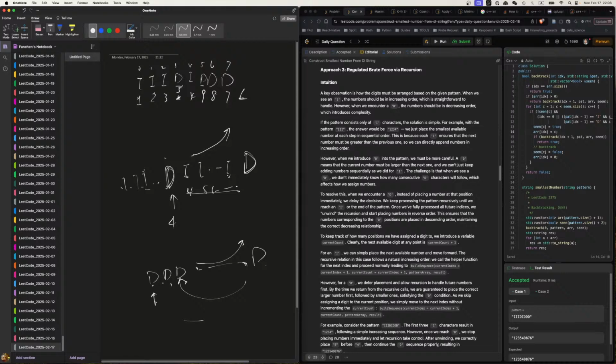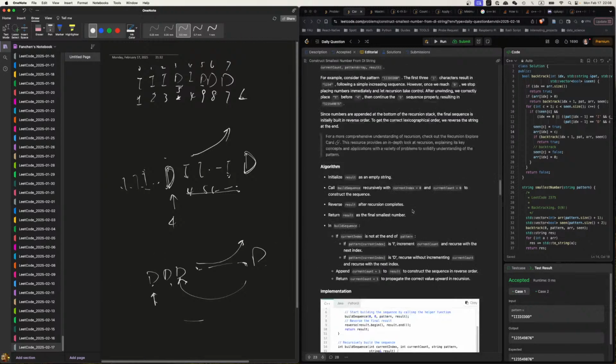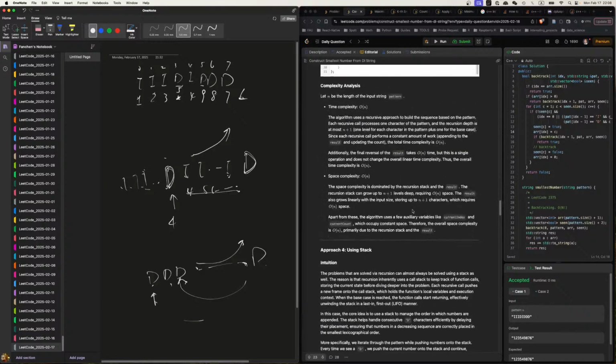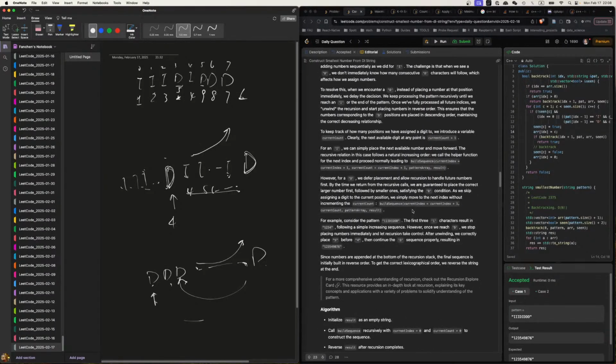I think we can code this. Basically, we scan the whole thing. Oh, that might be the stack solution, honestly. Because if it's I, we don't even push, right? If it's I, we immediately get the result. If it's a D, I push into the stack, D push into the stack, D push into the stack. And if it's an